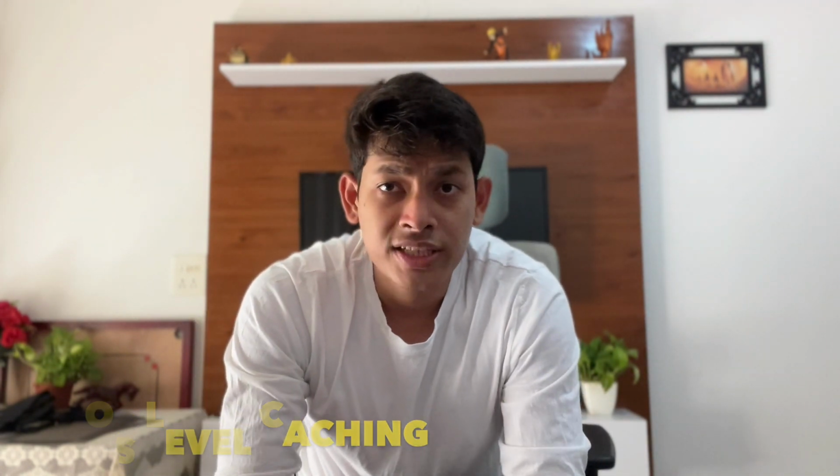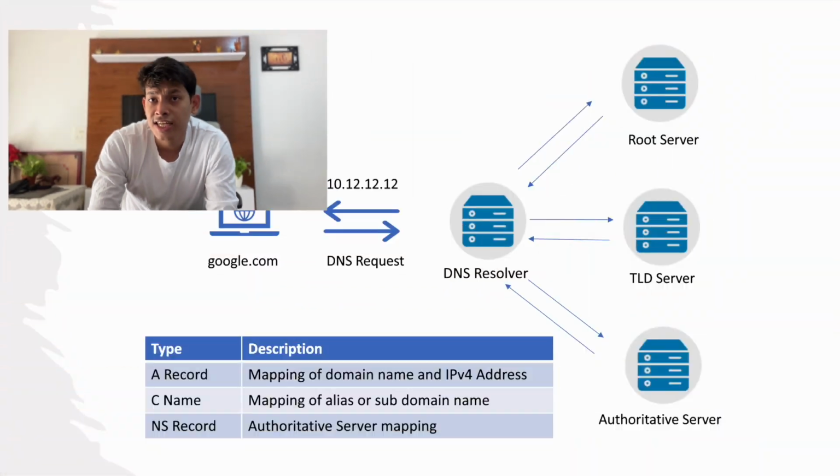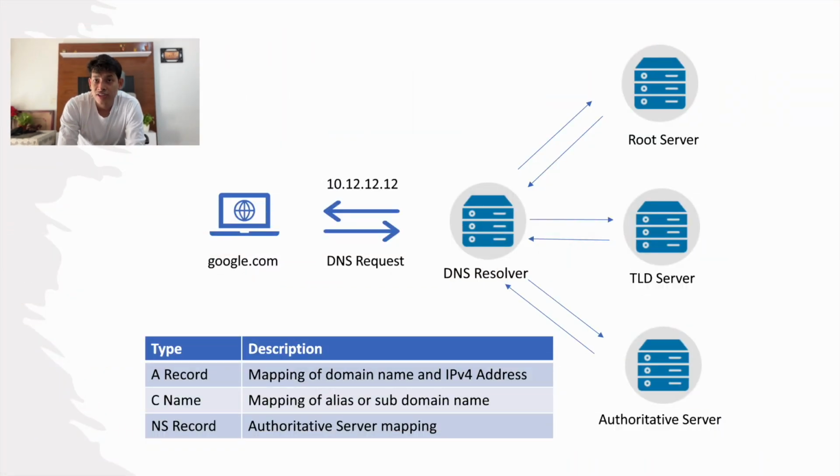There can be one more scenario in which the local system doesn't have any cache. So it goes to the DNS resolver. Now the DNS resolver will check if it already has the A record. If it doesn't have the A record, it checks whether it has the NS record. An NS record is basically a name server record, that is the authoritative server record, where it can directly send the query to the name server, that is the authoritative server for the IP address, and the name server should return the IP address back to the DNS resolver.